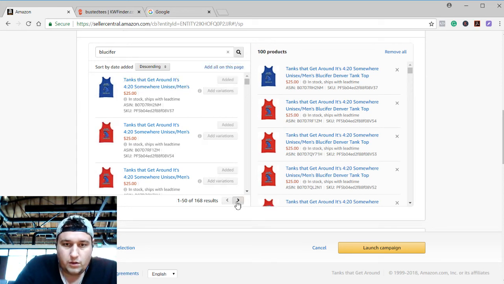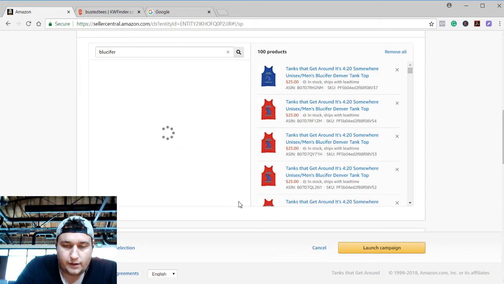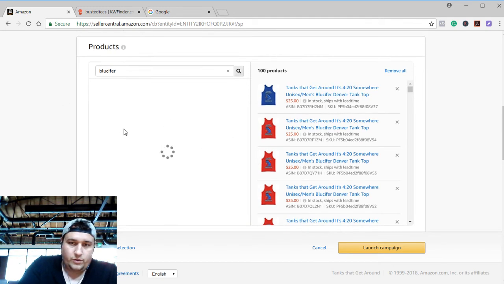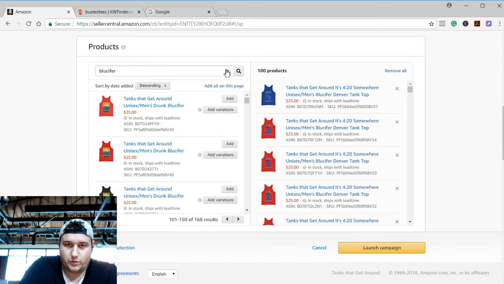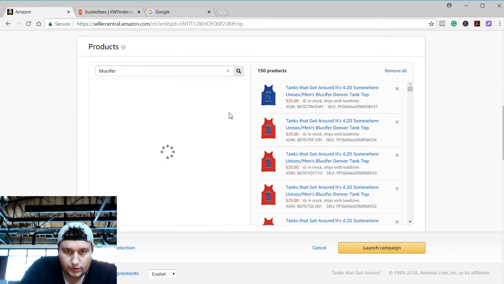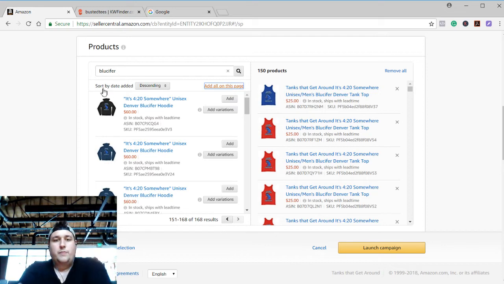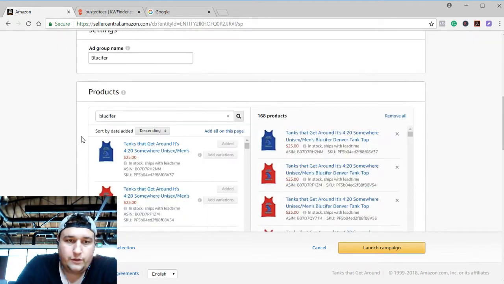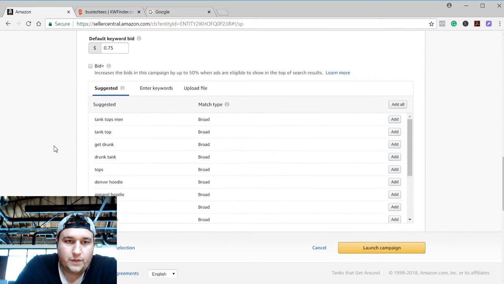So I'm just adding all of these different shirt variations in at the moment. If it'll load, and stop making me look foolish on video, and it is loading, so I think just one more page of adding these products. 50. Yeah, then there's just the final page here. Okay, so we have all 168 added, right? So now,